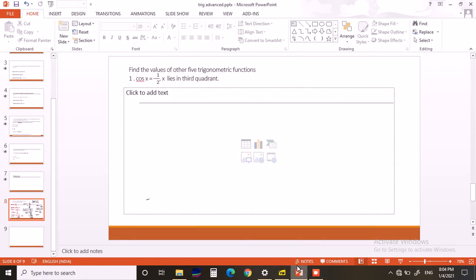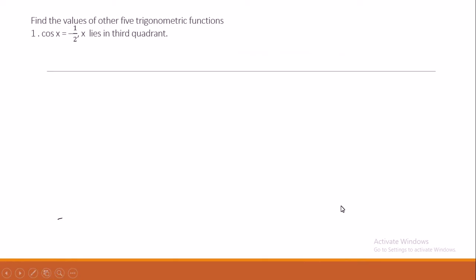Today we are going to discuss trigonometry part 1 of 11th standard. Here the cos x value is given. Cos x is equal to minus 1 by 2 and x lies in the third quadrant. Third quadrant means the value of x is between pi and 3 pi by 2, more than pi and less than 3 pi by 2, that is 180 degree to